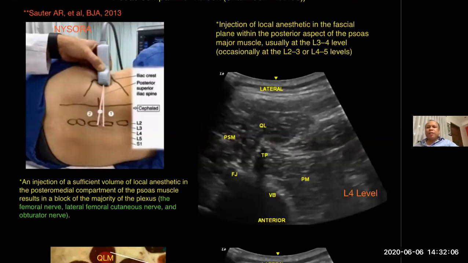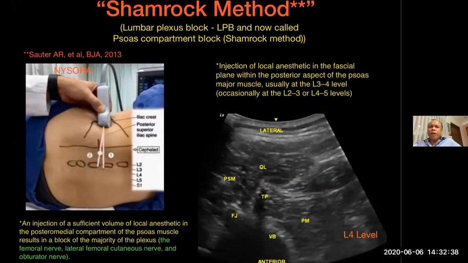So sometimes a patient would come with all these complaints that you cannot localize. Am I dealing with a femoral nerve? Am I dealing with a lateral femoral cutaneous nerve? Or am I dealing with an obturator nerve? So sometimes it's very hard to distinguish all of them, because the entire thigh is just painful. And so this is a technique that you can use in order to approach those nerves at one target all at the same time. Now, the one that is shown here, of course, is the Shamrock method,